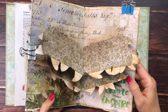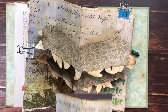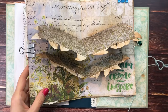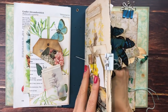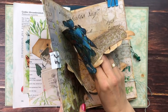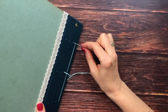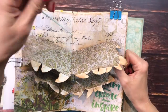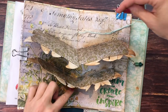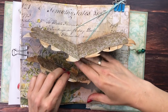Maybe I'll do this one with you because of the complication of the pop-up thing. So I've threaded my second thread, and I'm just going to try to do this the same way. I'm going to go in through my middle hole right there, and then go through the second hole in my spine, and then go in from the top. And to go now to my bottom hole, I'll just put the needle through like this,